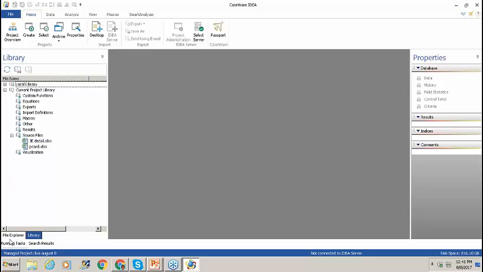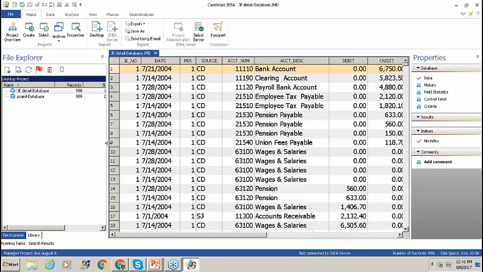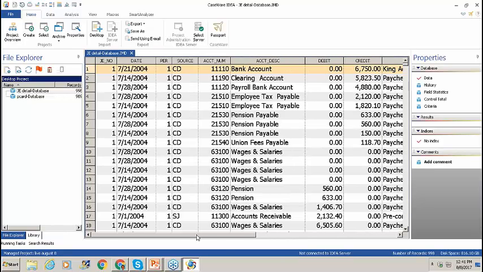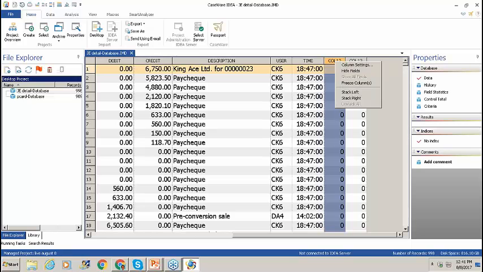I've already imported it. So here it is. Let's input. Okay, so there's some problems with this file. The first problem is, and this is just a very generic journal entry, but we're going to find out of balance journal entries. I have two. I didn't do a very good job of grabbing the file, so I'm going to